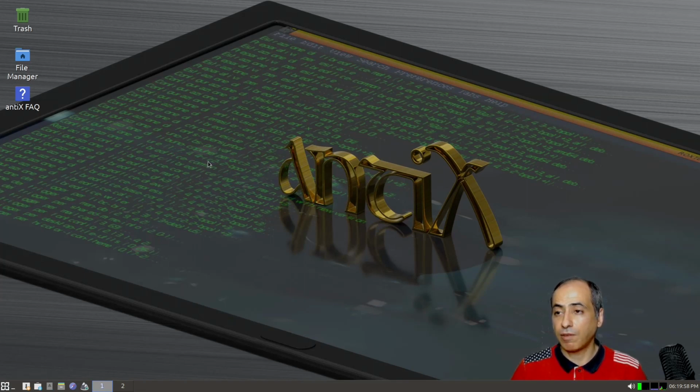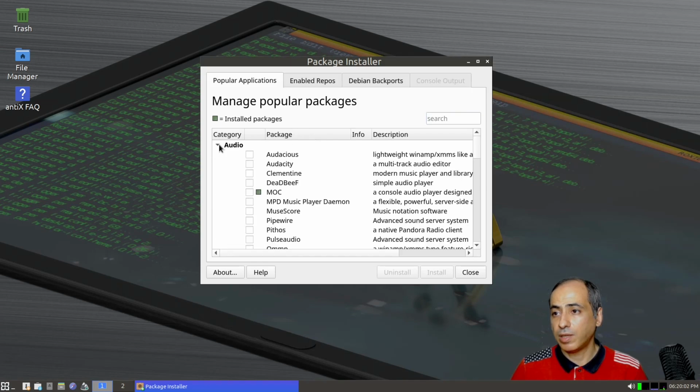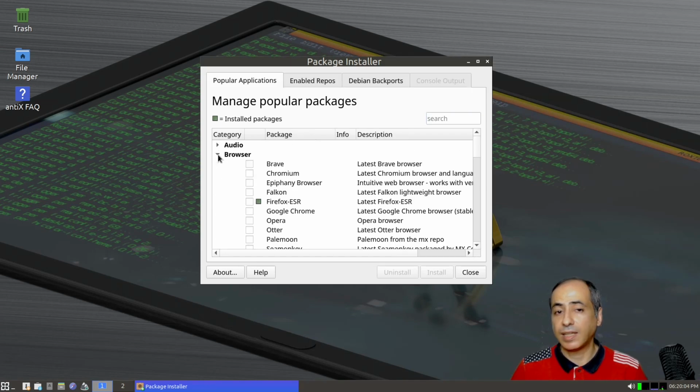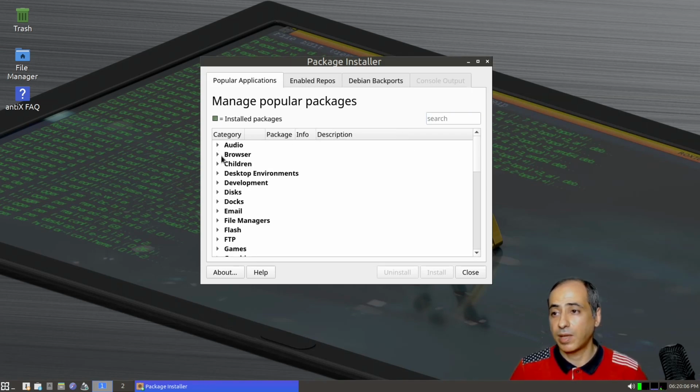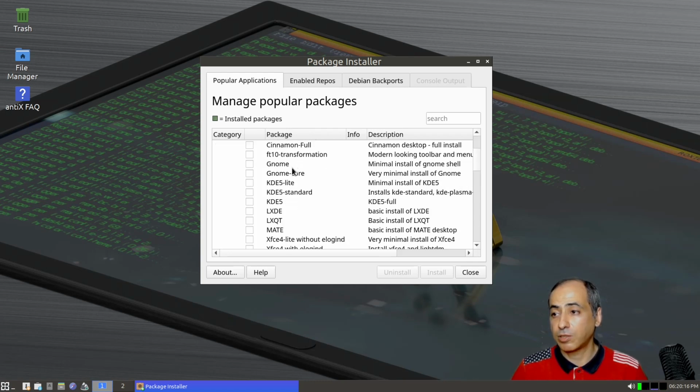The other one is software installer. As usual, this is a very typical Antix. It has been around for all the versions. You can also have an option here if you want the desktop environment. You can install the desktop environments, all of these. And if you notice now, since it is in Bookworm, the latest one, KDE, it will be 5.27, which is the latest in